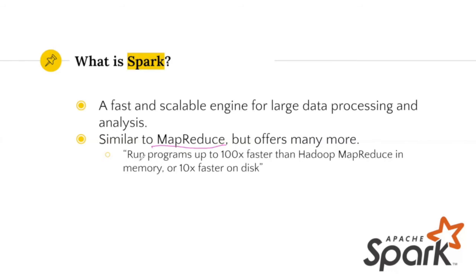According to the Apache Spark website, Spark runs programs up to 100 times faster than Hadoop MapReduce in the case where the processing happens in RAM. And it's still 10 times faster even if the processing happens on the disk. I don't really know how accurate or how scientifically validated this claim is, but